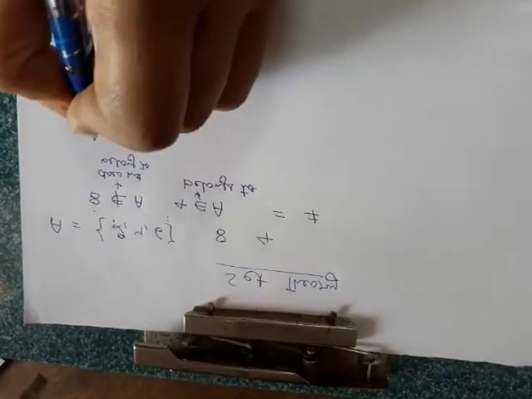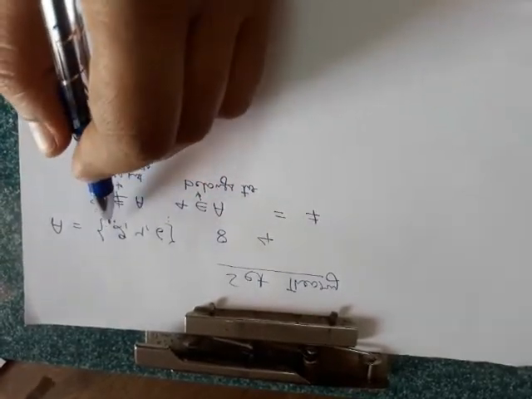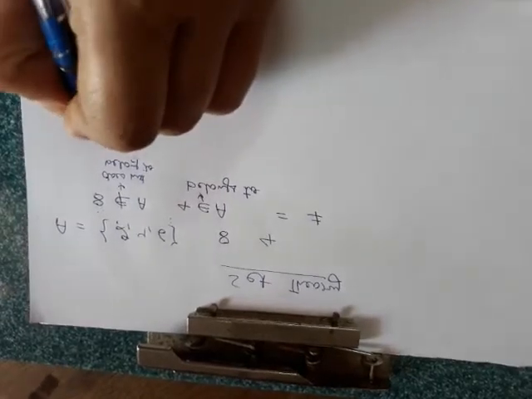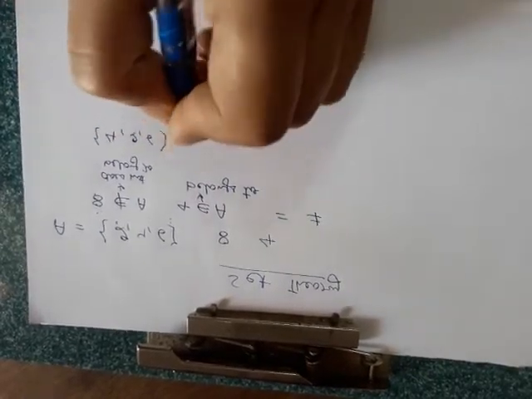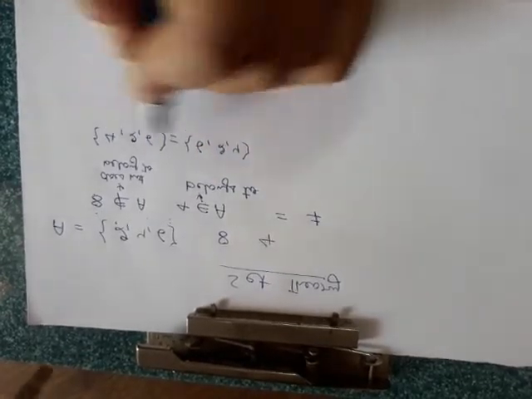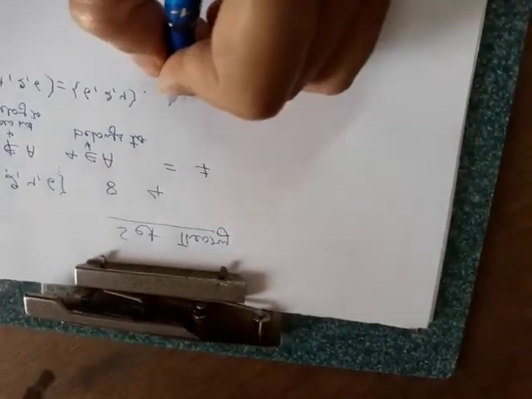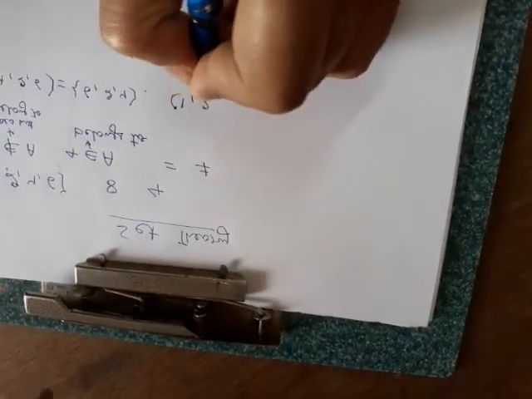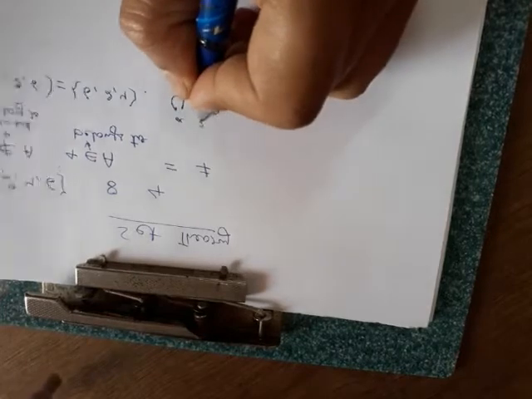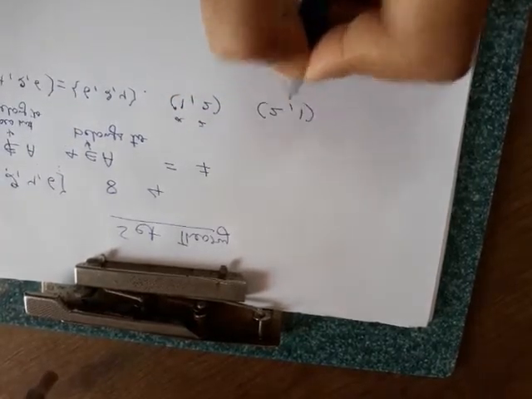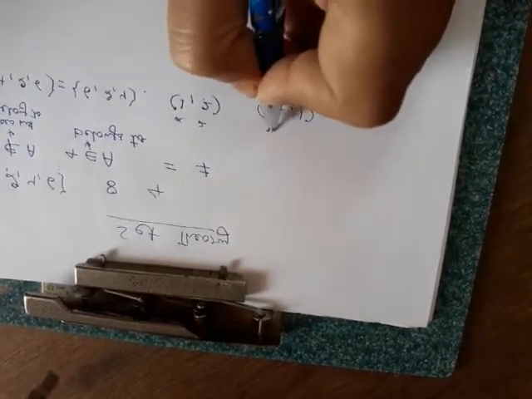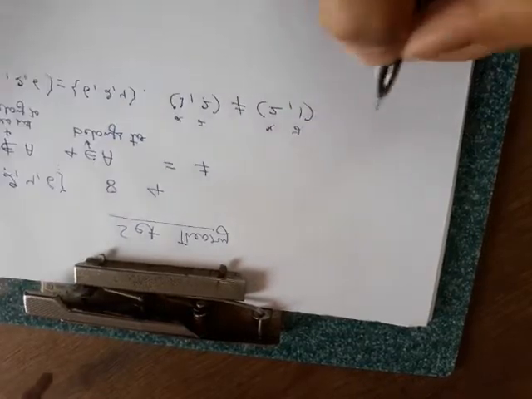In mathematics, usually the curly bracket means that we do not worry about the order of the objects in the curly brackets. Means if I write 4, 6 or 6, 4, they are same. But if written in coordinate brackets, we have already learned in the coordinate systems, we were saying 1, 2 is coordinate of a point. This is x coordinate, this is y coordinate. And if we take another point 2, 1 means for x it is 2 and y it is 1. So they are not same.